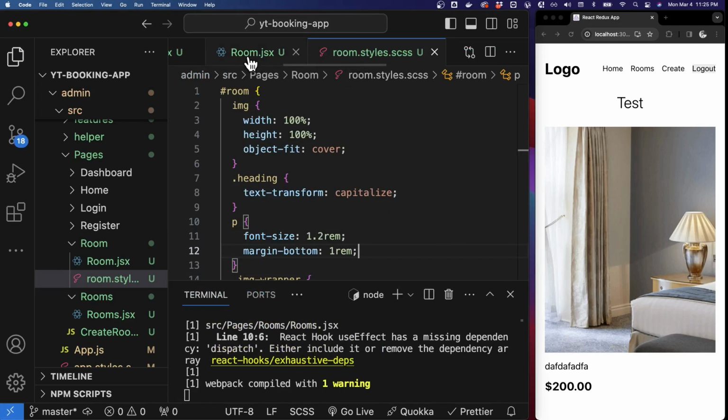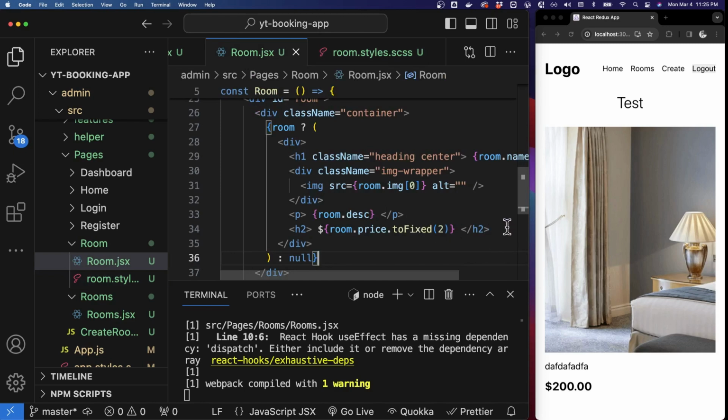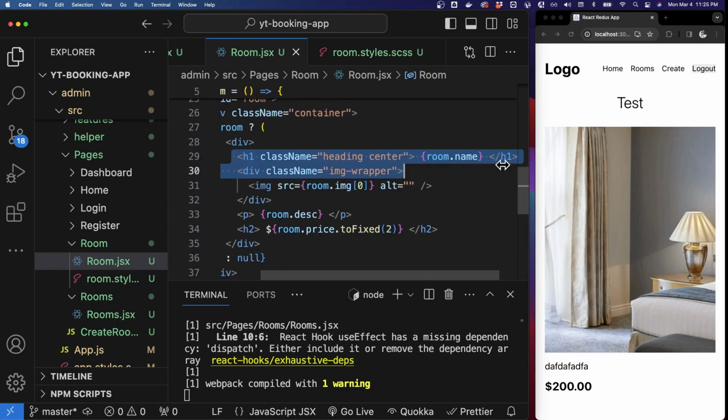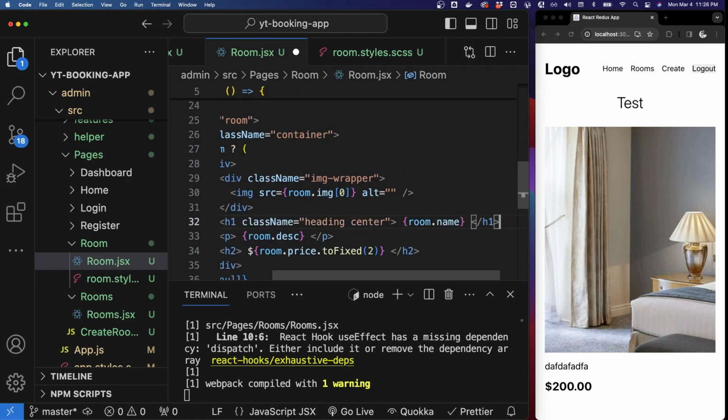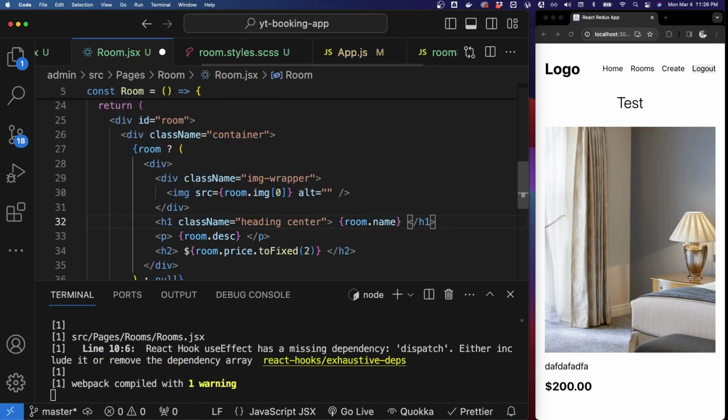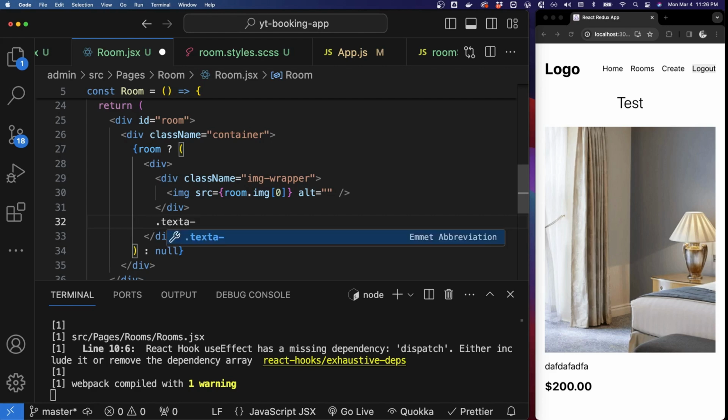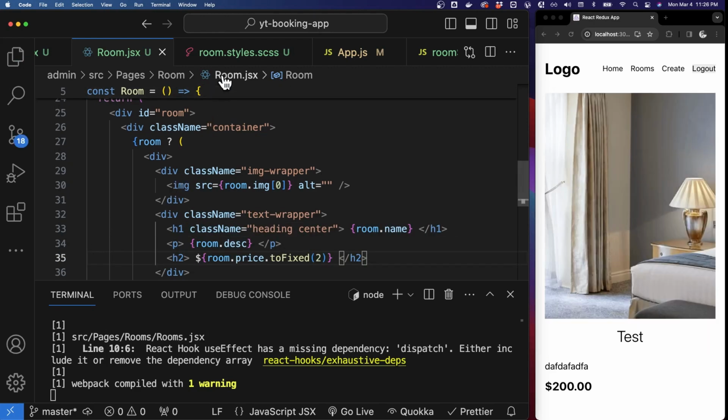But then I would want to put all of that in something like a text wrapper. Let's bring this one down a bit. Take this one from here, put it here, and then put all of them in something like a text wrapper. Command X, text. Let's put them here, so inside the text wrapper,